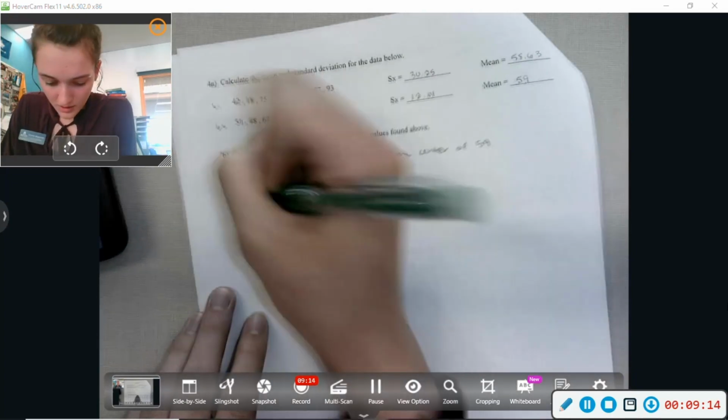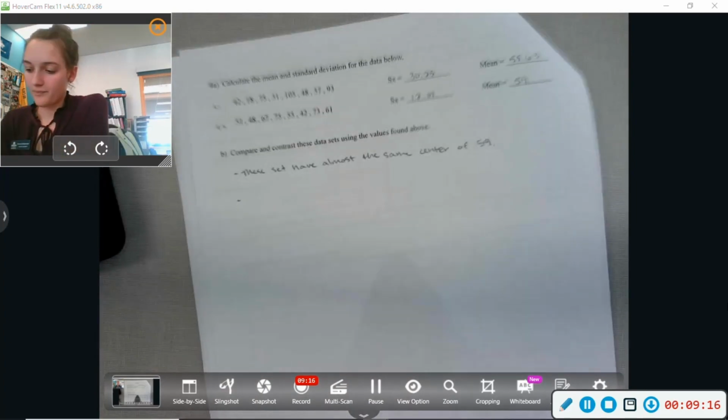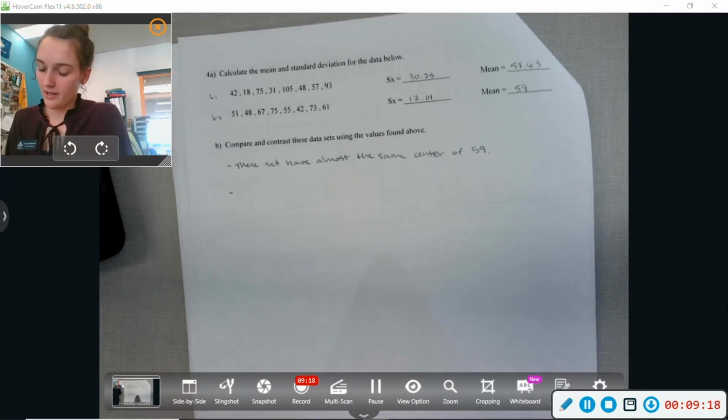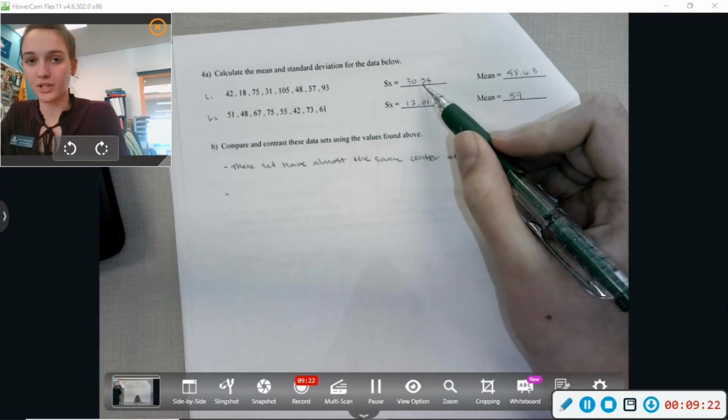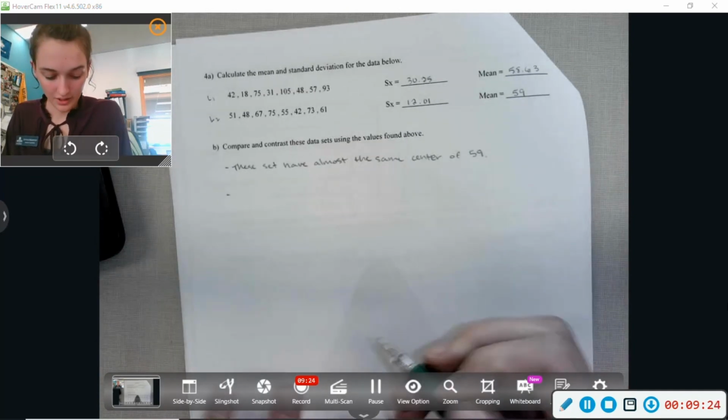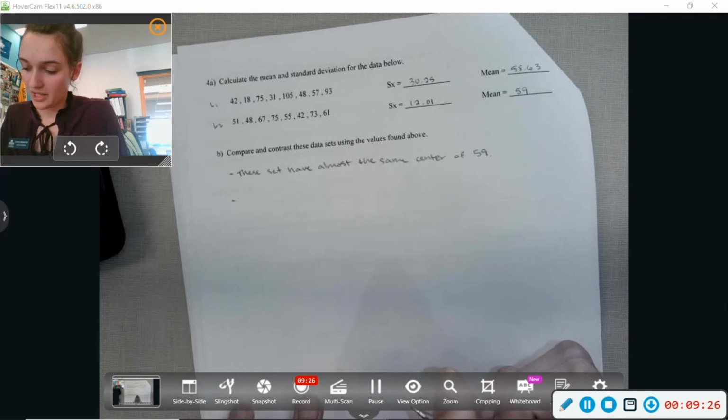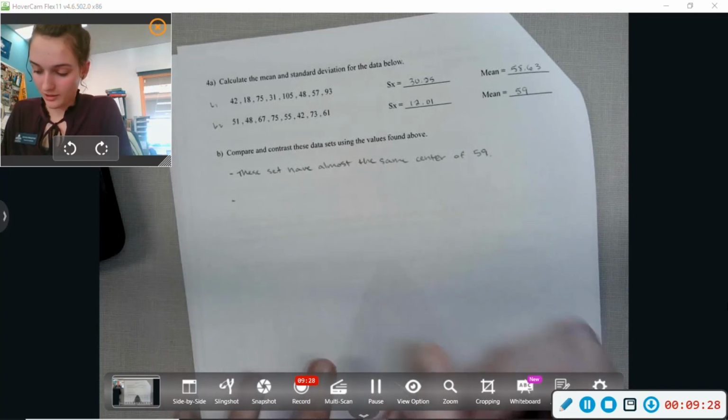And then we can see here that set A is going to be more spread out, right, because it has a bigger standard deviation. So we're going to say that set B is more tightly clustered